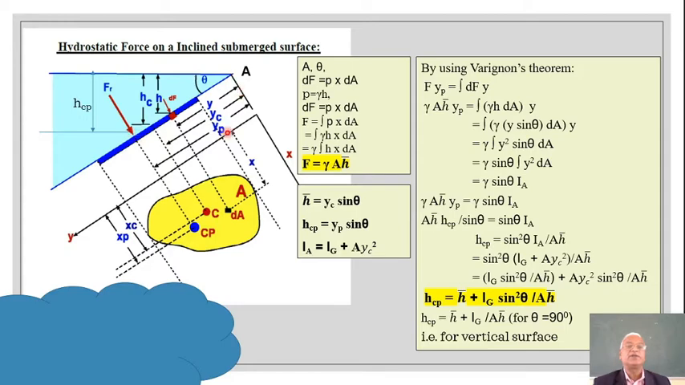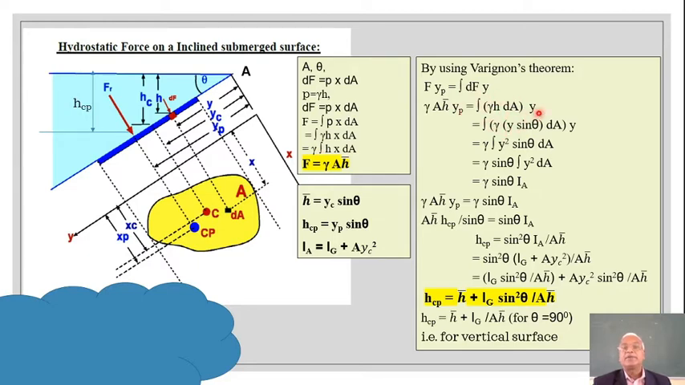Its distance we have given it as yp. So f into yp should be equal to integration of df into y. Now what is this f? F is gamma h bar multiplied by yp is equal to integration. This df is nothing but p into dA, that is gamma h into dA, you can just see here, right,